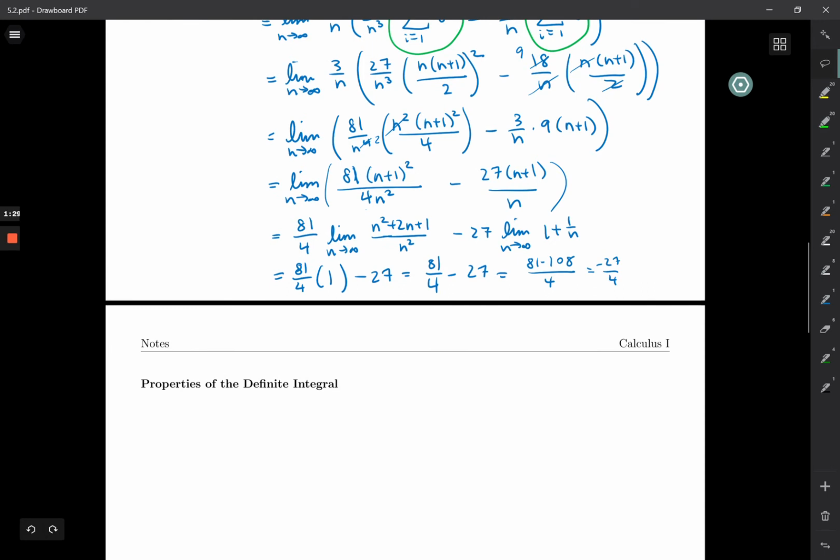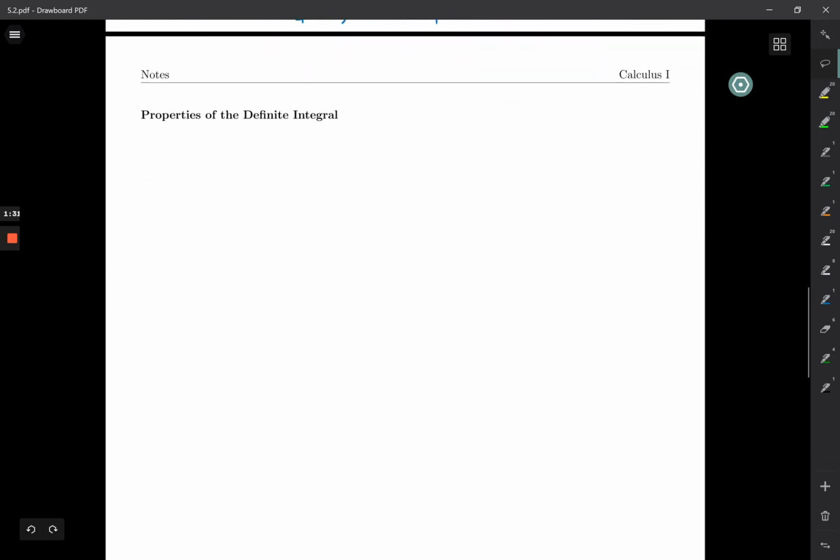Okay, so now that we've taken care of that, let's talk about properties of the definite integral. And so these are going to be very useful things to know. So the first one is that the integral from a to b of a constant function, so a function that's just equal to c,